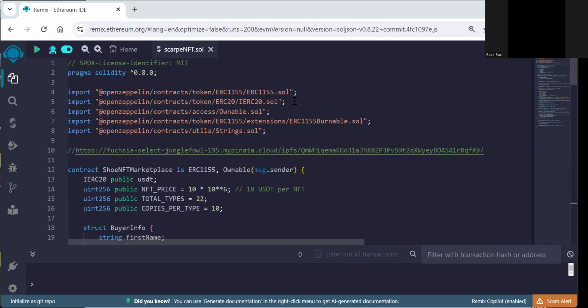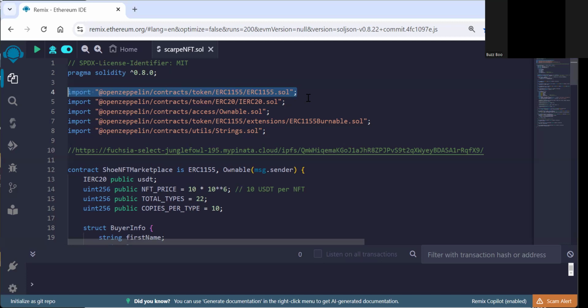Starting from the main library, the first one is the ERC1155, the NFT standard for non-fungible tokens, because each model of shoes is a unique NFT, but we decided to divide the NFT in 10 elements, 10 parts, because in the marketplace we will sell for each model